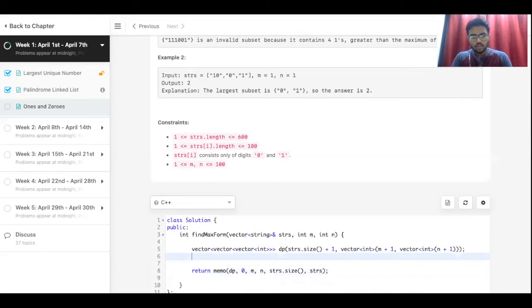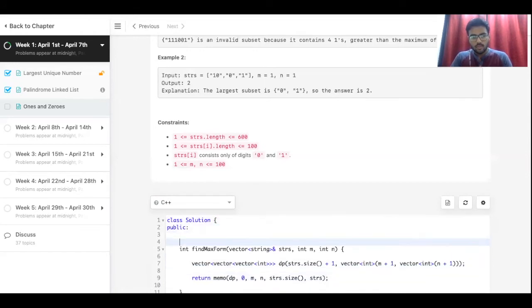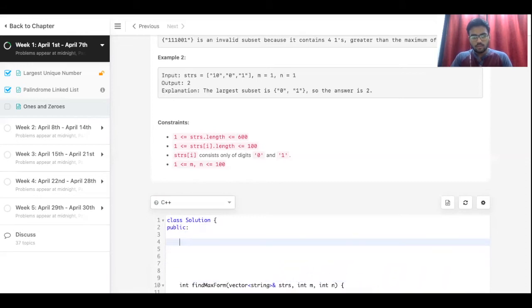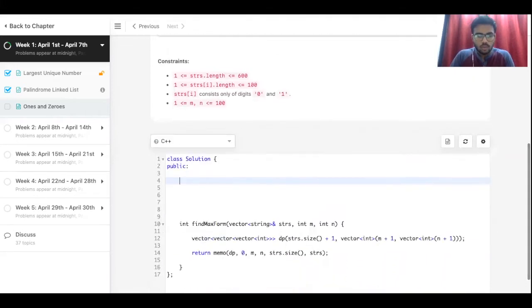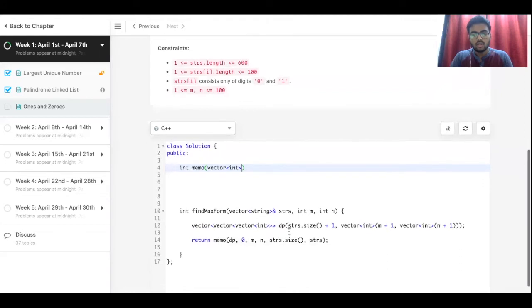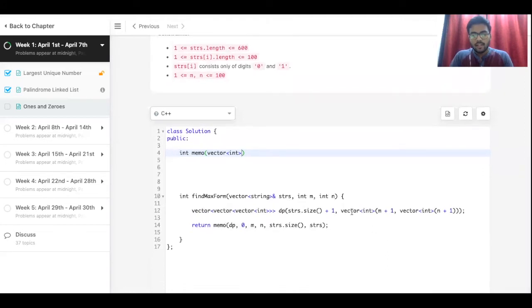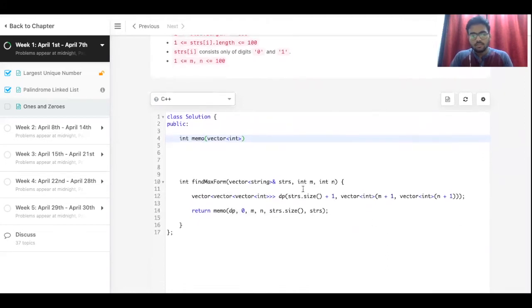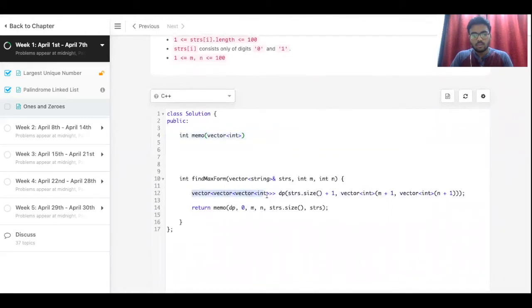All right, now let's write the memo function. So in memo we have a vector int dp, vector int, and dp vector int. So basically this would be there because it's a 3D, right?